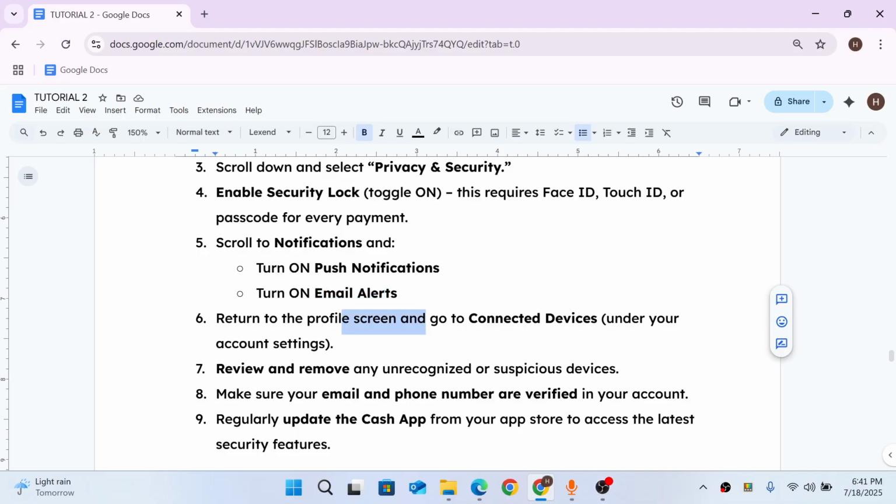Additionally, you can link your Cash App to your email and phone number and check for any unauthorized devices from your connected device settings under your profile. If you notice anything suspicious, tap Remove Device